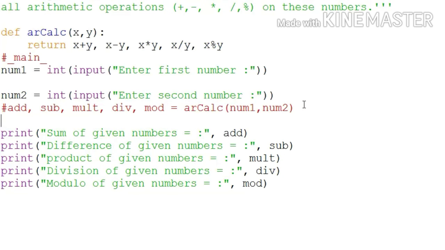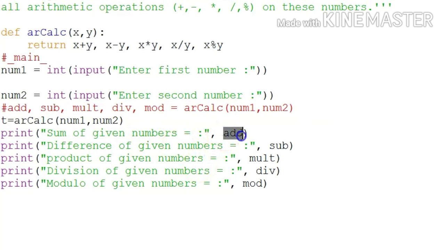T is equal to ar_calc of num1, num2. Okay, then let us check what will happen when we execute.